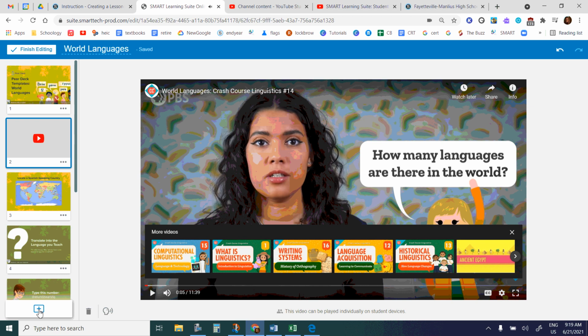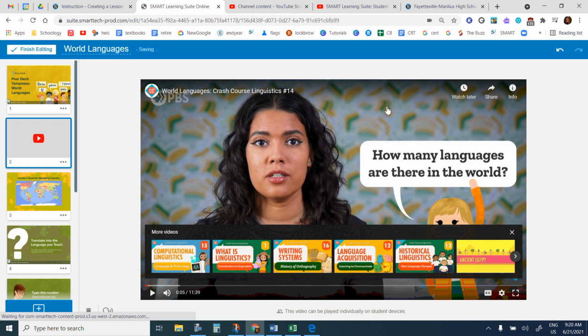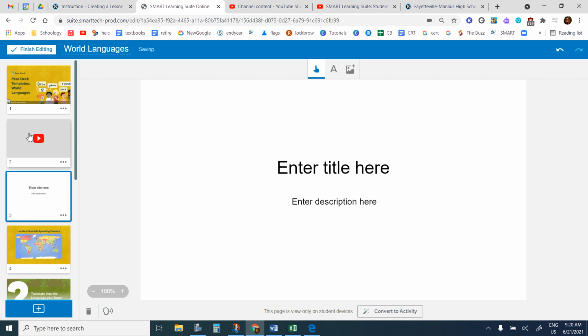Some other items that you can add to your presentation. Number one, you can add a new blank page to your presentation at any time. Sometimes this is helpful. Maybe in the middle of teaching, you might want to just take some notes or display something. Maybe if you teach math, you might want to write out a sample question based on something that the students asked in class. If I go ahead and do that, it's just basically going to add a blank slide right